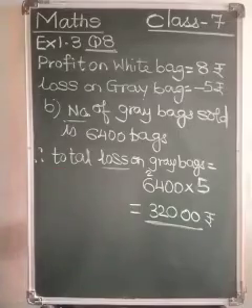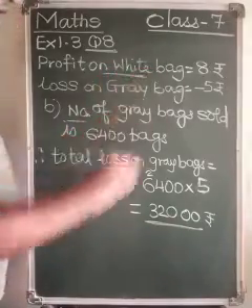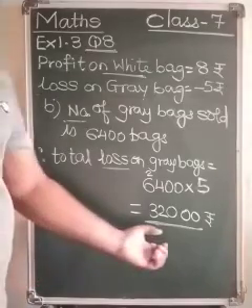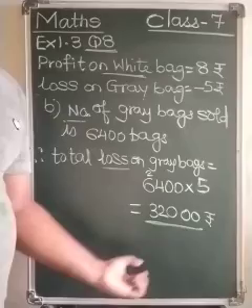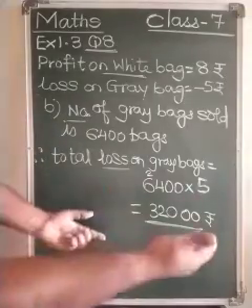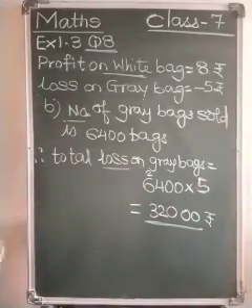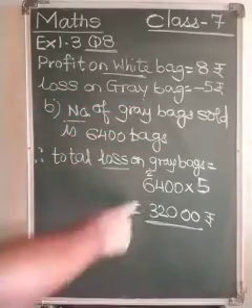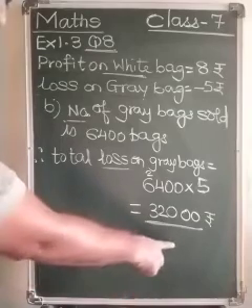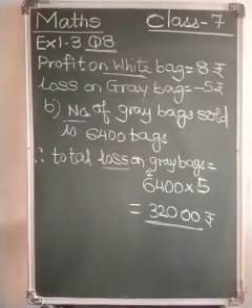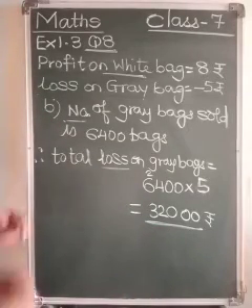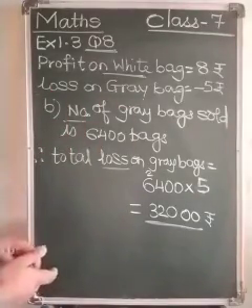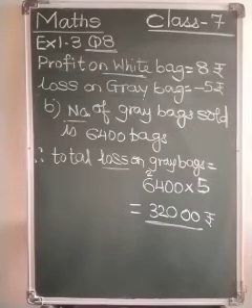Now the question is, how many white cement bags should the company sell so that their sale will be 32,000 rupees only? That means there will be no profit, no loss. So this is the B question. The first part we have solved, that when the grey bags are sold in a particular month, 32,000 will be the loss. Now we have to find out how many white bags it should sell so that there is no profit and no loss.